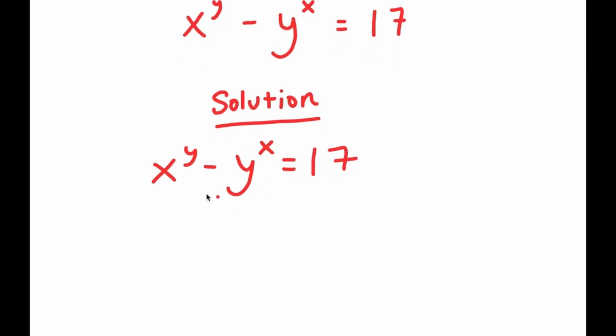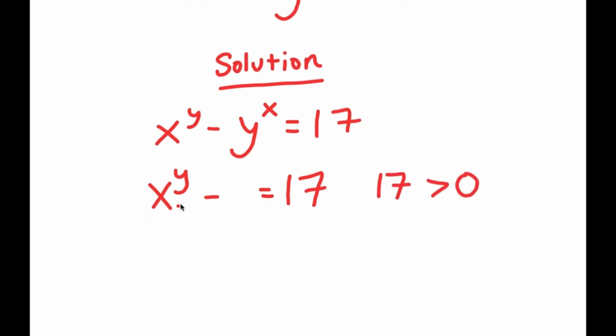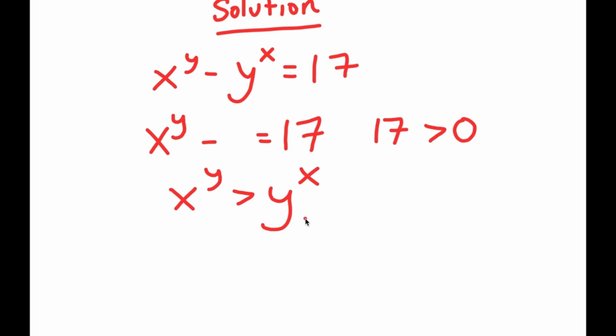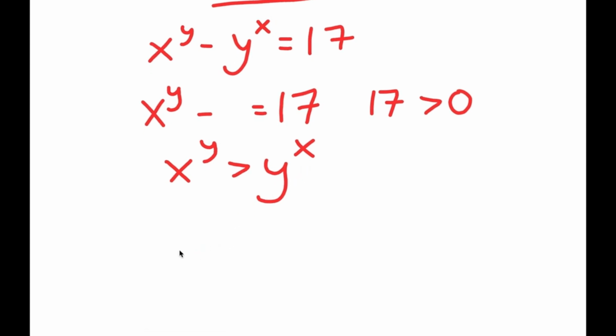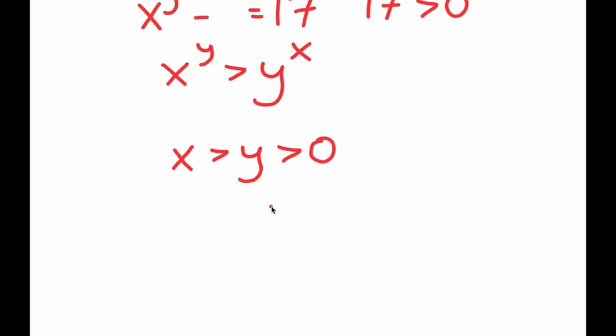Now, to start, just by looking at this equation, what can we infer? Well, notice how we have x to the power of y minus something is equal to 17. And 17 is greater than 0, right? Meaning, x to the power of y is greater than y to the power of x. And this also must mean that x is greater than y, and y is greater than 0. So now that we know this,